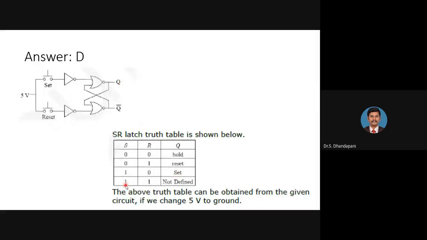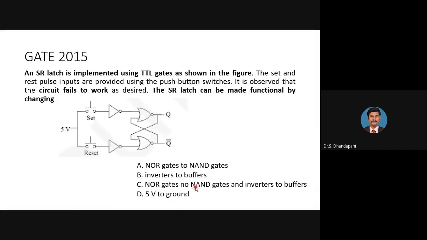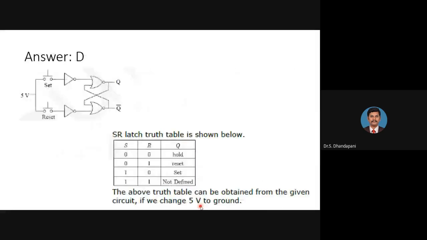When both S and R equal 1, when both are on, we cannot define the output. So the simple method is to analyze the circuit for all 4 possible combinations, or if we already know the SR latch diagram, that will help us find the answer more quickly.